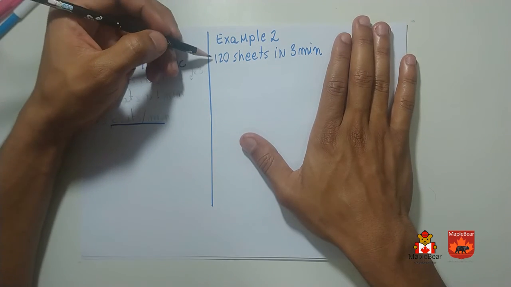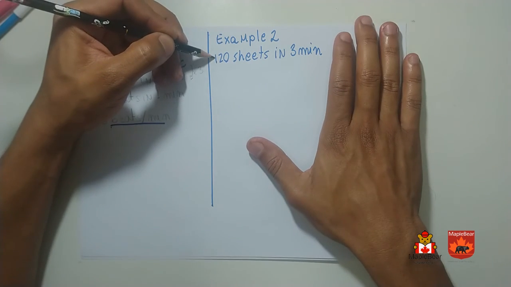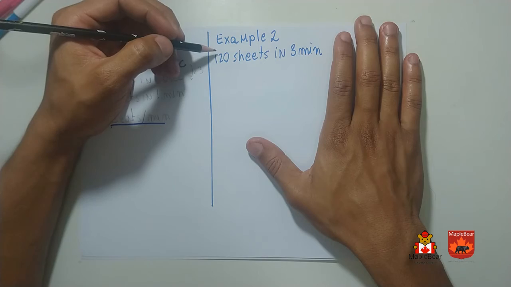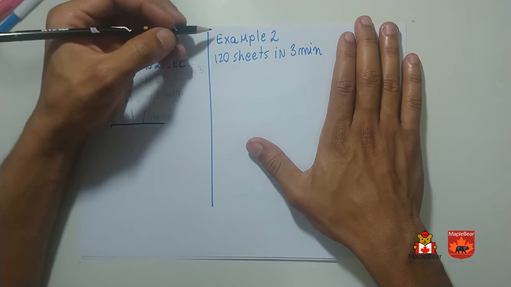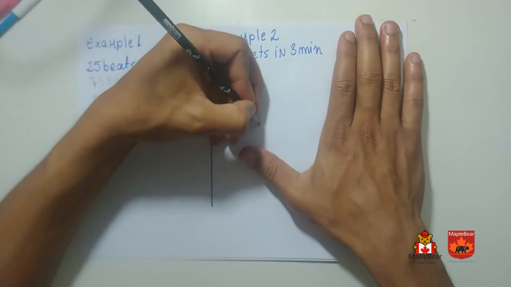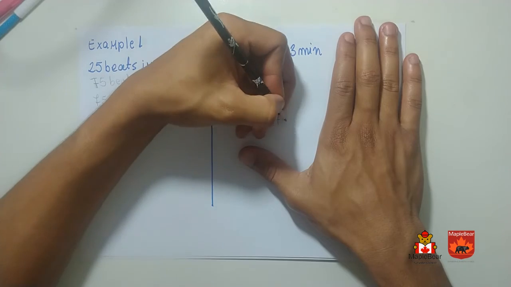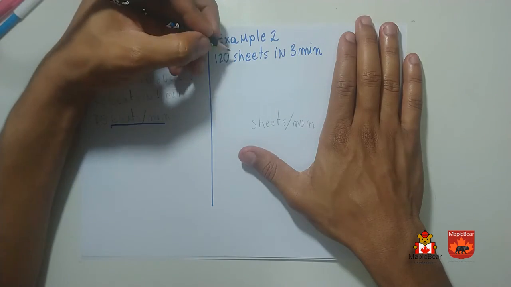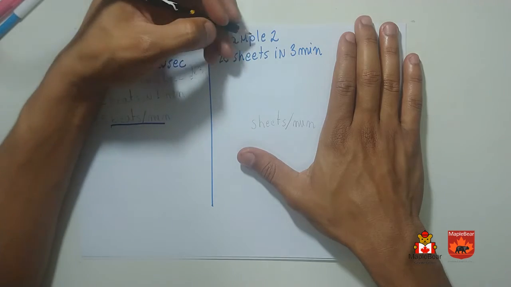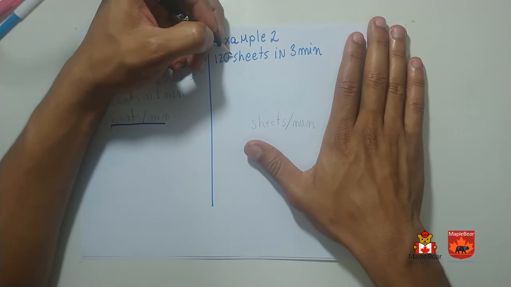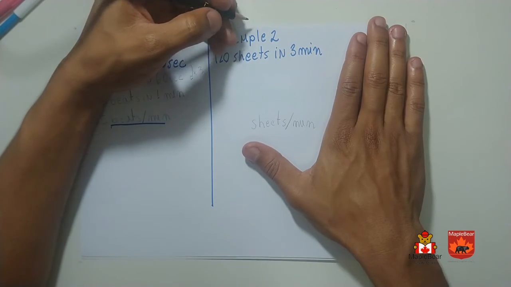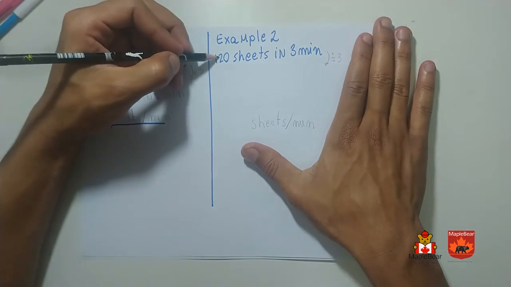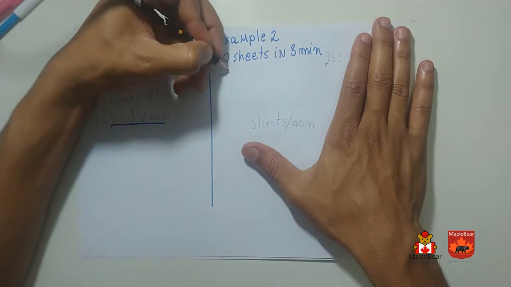So, another example. If a printer does 120 sheets of paper in 3 minutes, is it possible to write this thing as a rate? Yes. What's going to be my rate? I know that my rate here, in the end, is going to be sheets per minute. Cool. So 120 sheets in 3 minutes. Can I simplify that rate or transform that thing in a better way? Yes. Can I divide here by 3 on both sides? Yes. 120 divided by 3 is going to be equal to 40